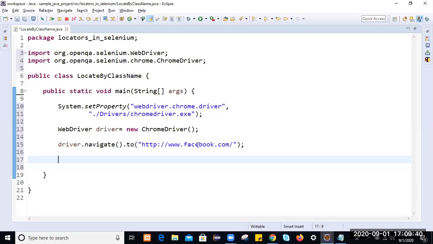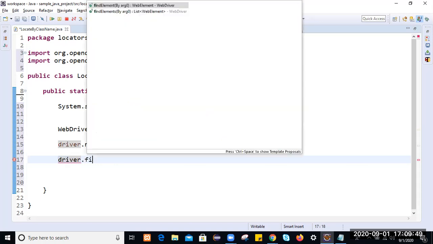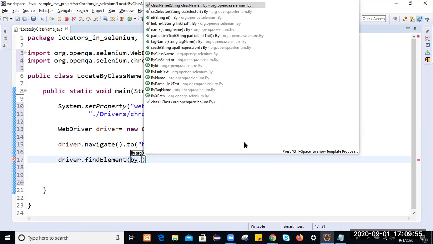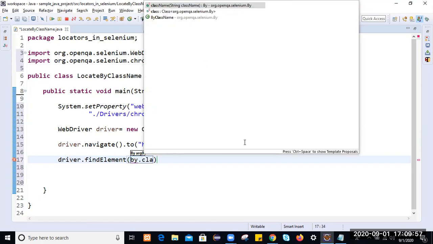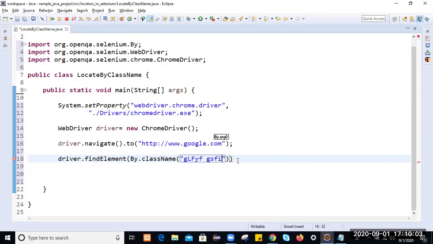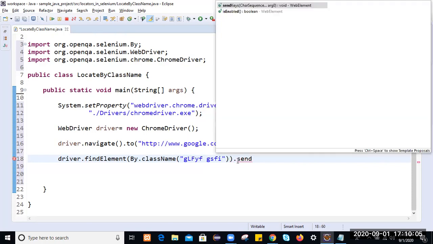Just go to Google, and we are going to find the web element. By using the findElement method, we use By.className, and here is the class name. Then we perform a type operation.